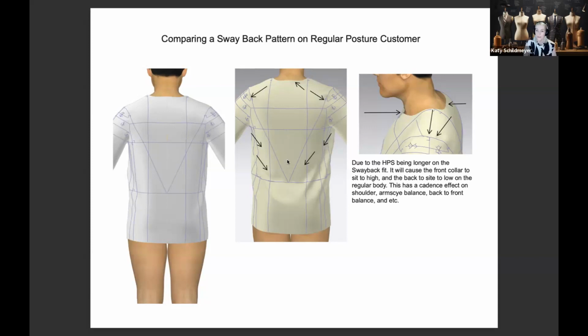So part of your fit will be evaluating the posture of the consumer not in an A pose, but in a natural stance, because you're getting natural posture from the person, in which case it will affect your pelvic